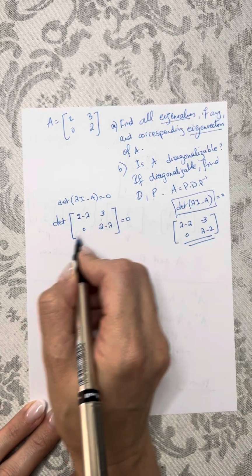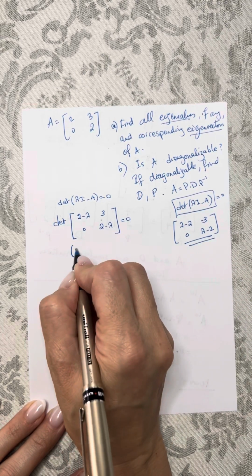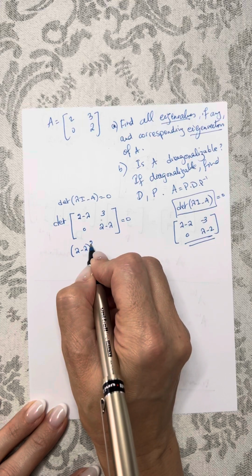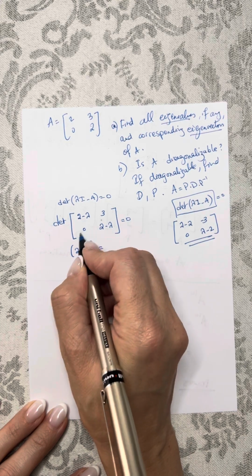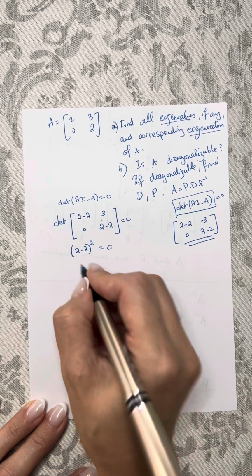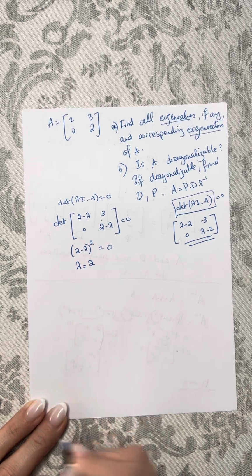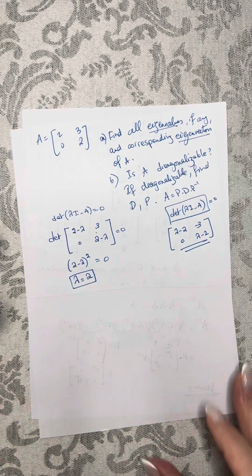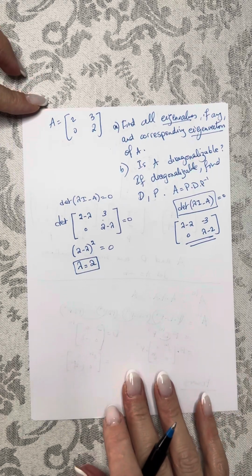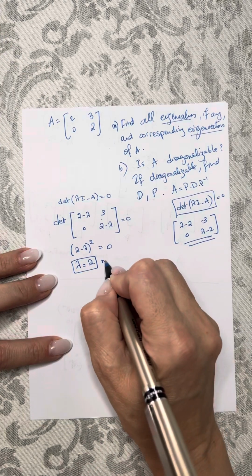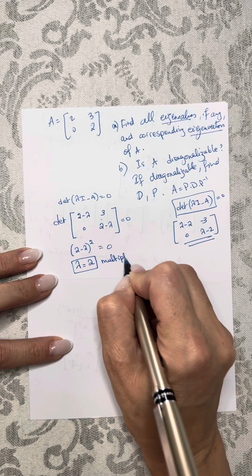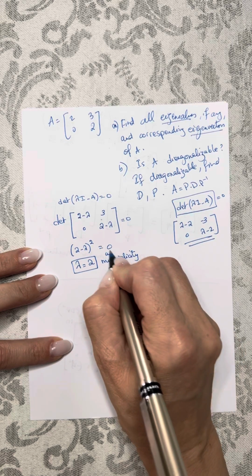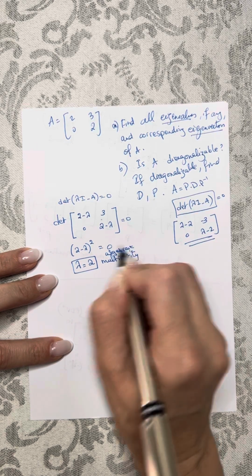And of course, over here we do AD minus BC. This is 2 minus lambda times 2 minus lambda, that's 2 minus lambda squared, minus 0 equal to 0. This happens when lambda is equal to 2. Notice we only got one eigenvalue. We didn't get 2 eigenvalues. We got one eigenvalue. And the multiplicity of this eigenvalue, which we call the algebraic multiplicity from solving this, is